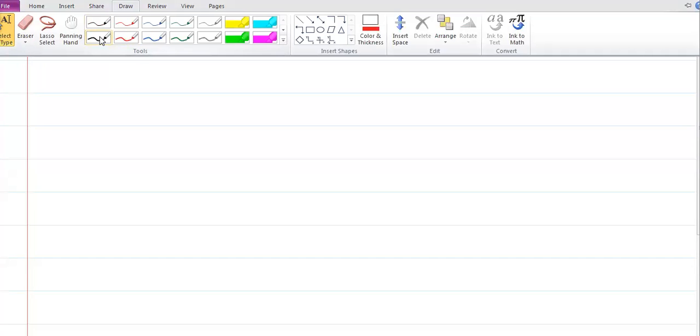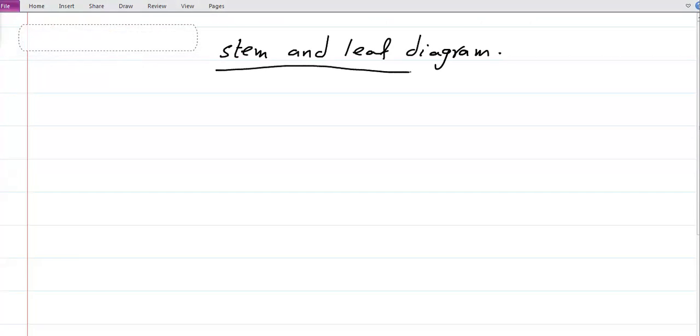Today in our statistics, we have another newly added thing. That one is stem and leaf diagram. Now, what is the meaning of stem and leaf diagram? Let's say if I write any number, let's say I'm writing 53. For this number, this 5 we say is the stem, and this 3 is the leaf.